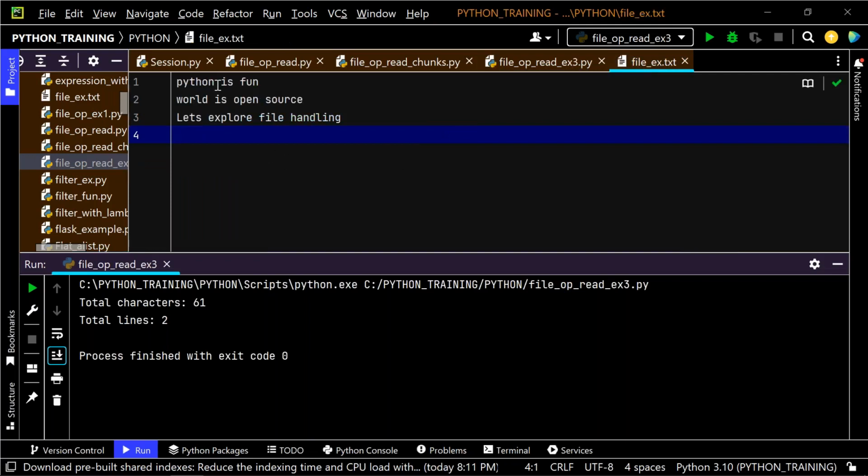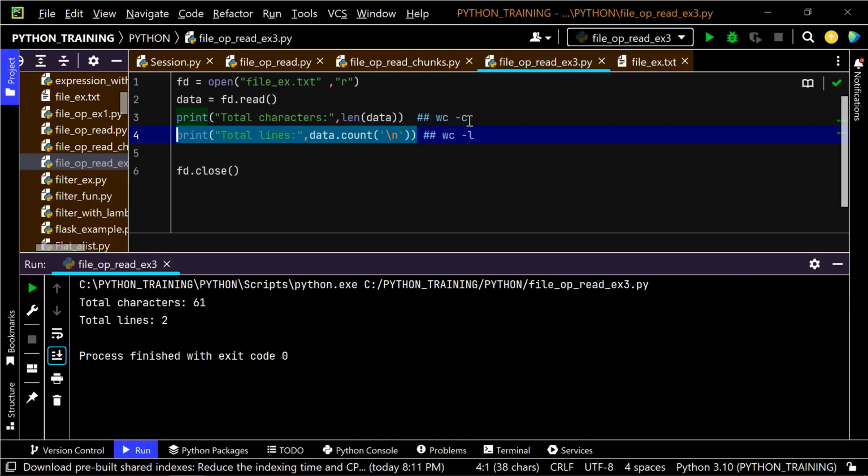Now, if you want to know the number of words, guys, how do I count it? The number of spaces plus 1. Python is fun has 2 spaces, that means 2 plus 1 is 3 words. Similarly, for the entire line, counting the spaces plus 1 gives the number of words. So I'm just going to copy paste the same line here and count the number of spaces here,